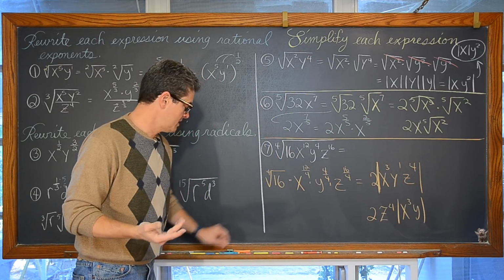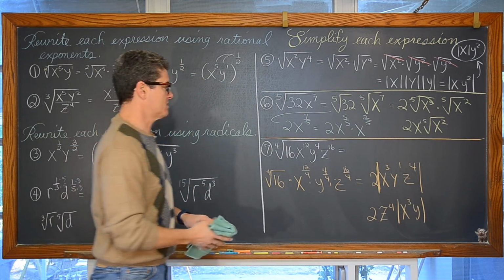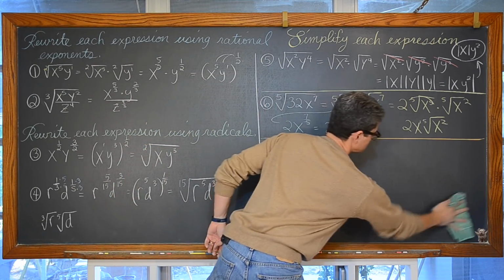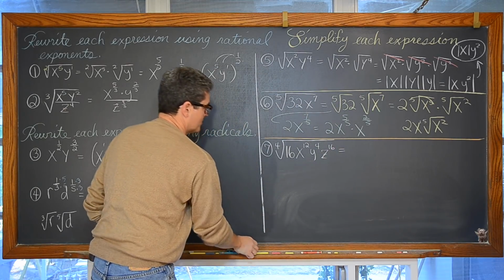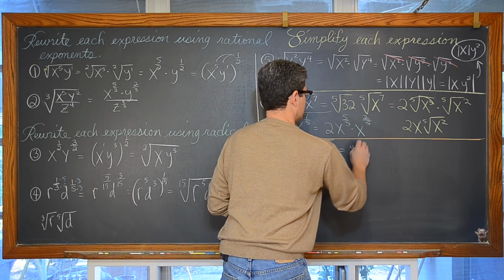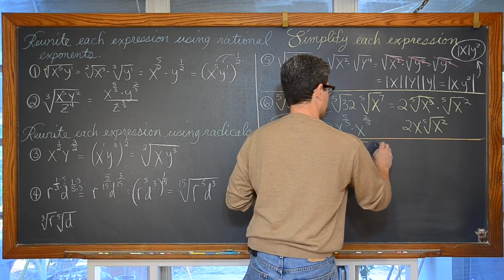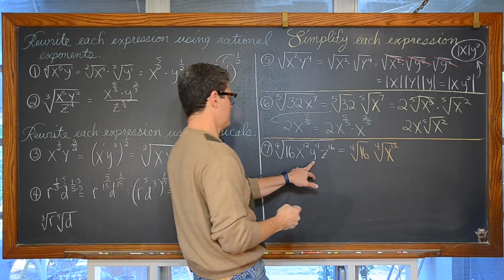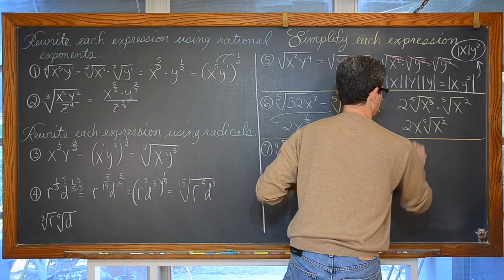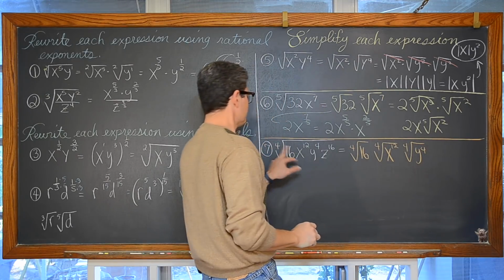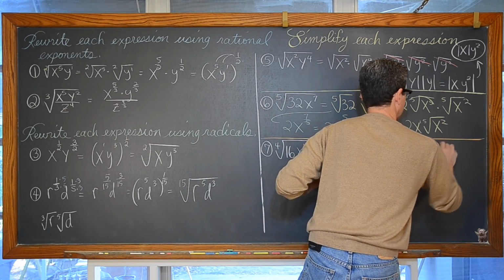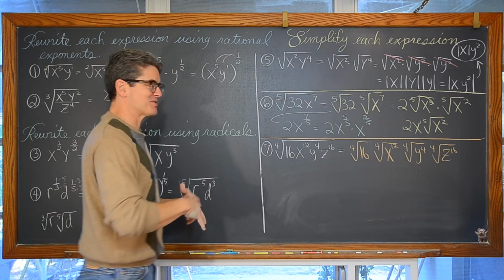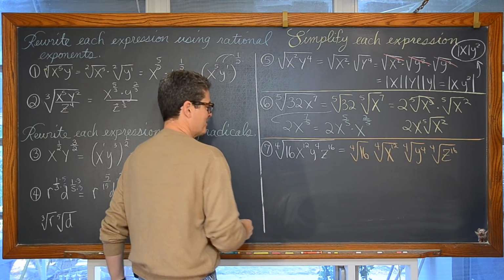Now if you don't like that look, those fractional exponents, let's keep it in radical form and again blow it up like we did in the first example. This is our last example, so we're almost done. We have the fourth root of 16, the fourth root of x to the 12th power, the fourth root of y to the 4th, and the fourth root of z to the 16th. Now, if I want to do a full expansion and just really blow this up to make you see everything,